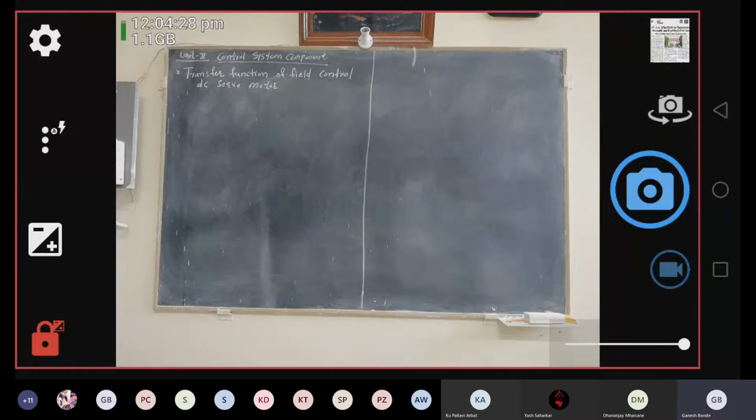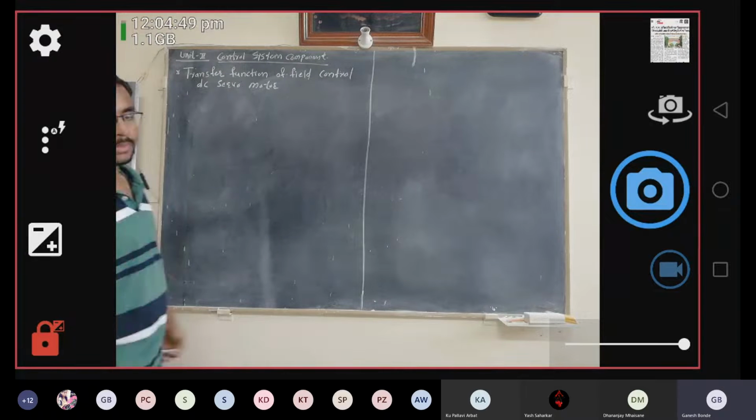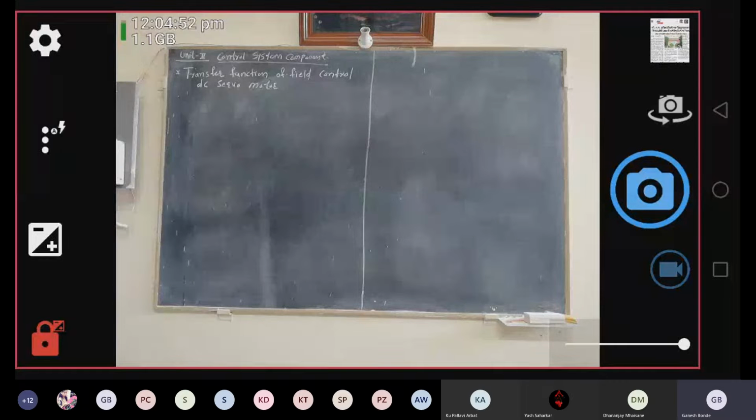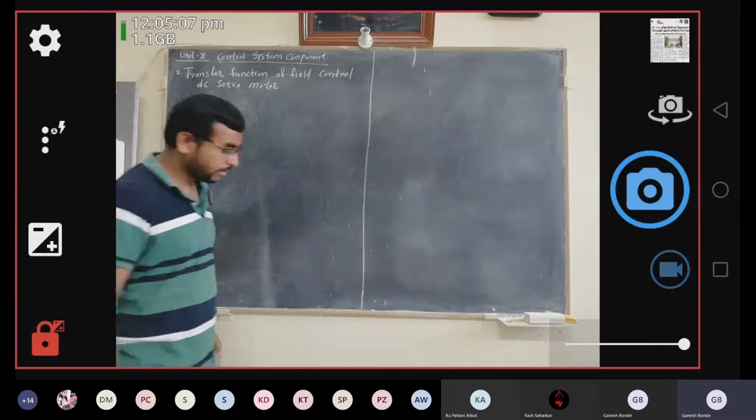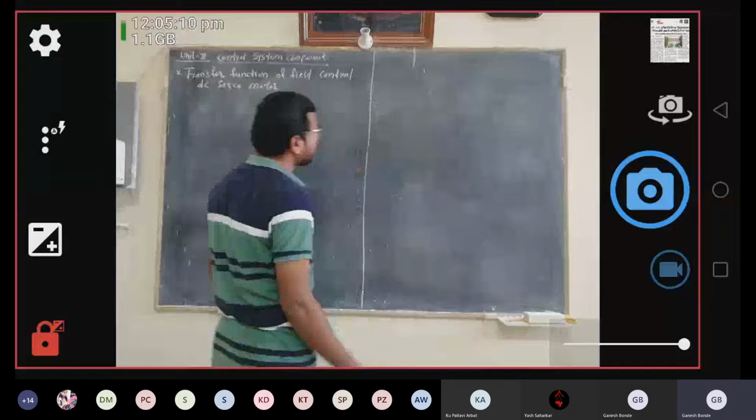Okay. So within 2-3 minutes, we are going to brush up the previous lecture content. In the previous lecture, we have started with unit 2, that is transfer function determination of armature control DC servo motor. Okay. So what do we mean by armature control? Armature control means during the armature control, we are keeping the field quantity constant and varying the value of armature quantity. Okay, so with this concept, we have started with the derivation, that is transfer function determination of armature control